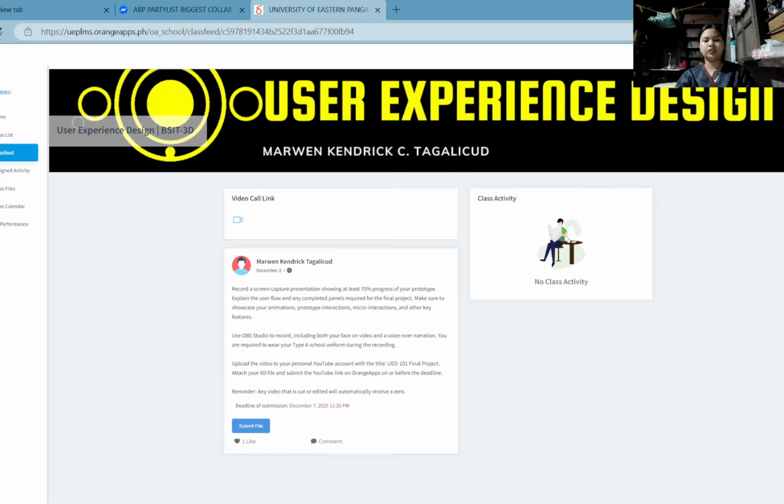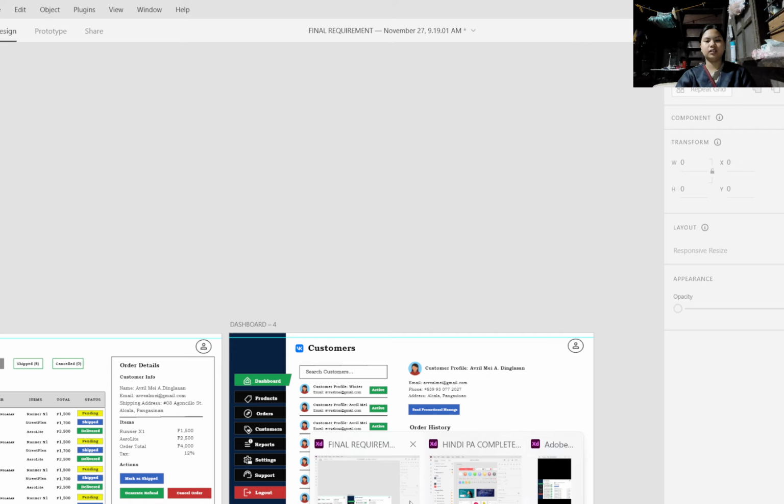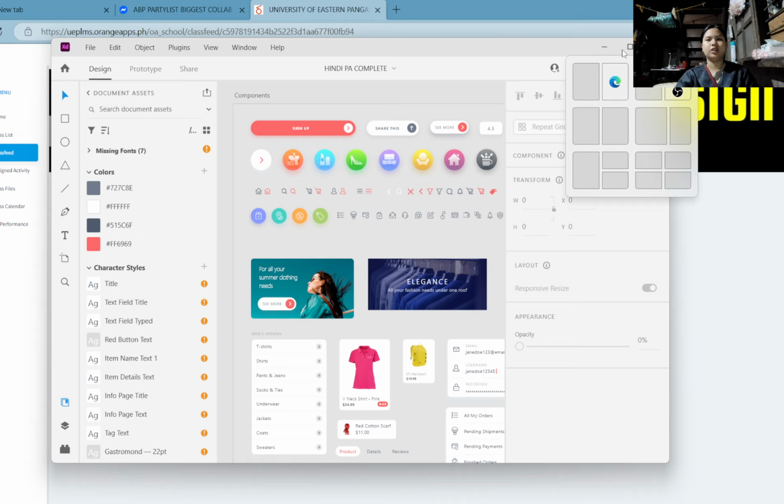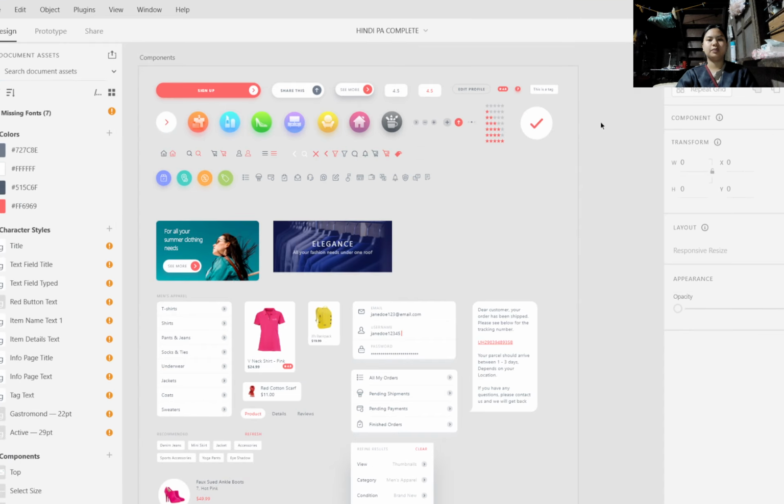Now I'm going to show my final requirement, but this is just at least 70%. This is the user side, website and user side, web page and user page.